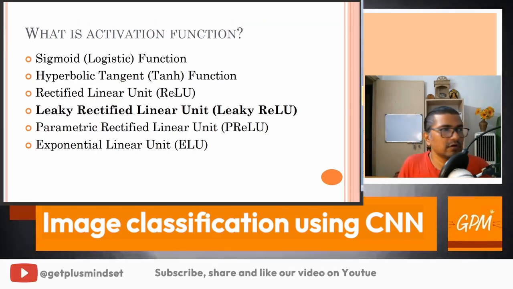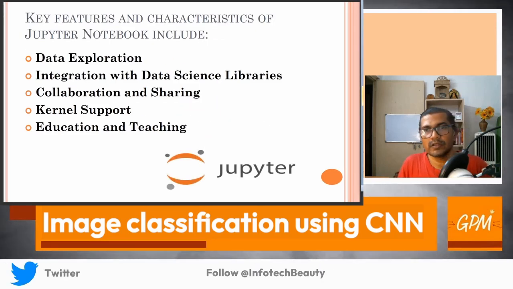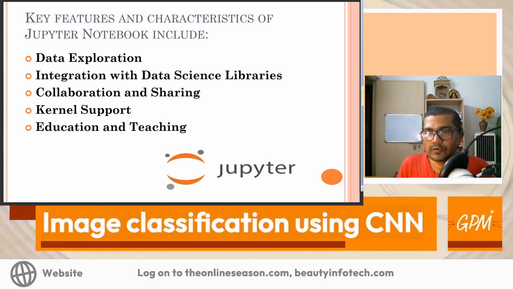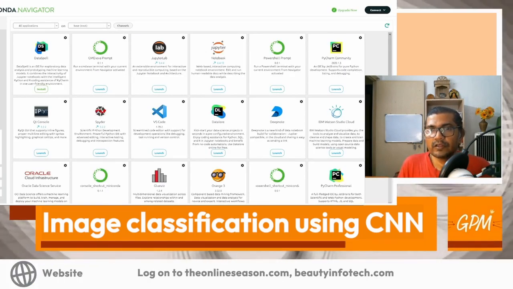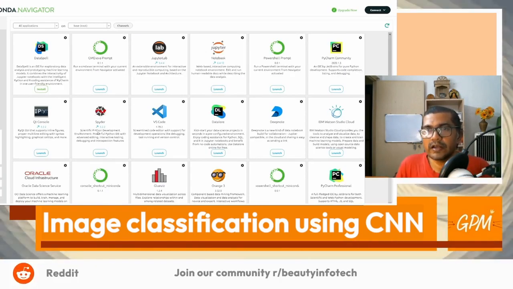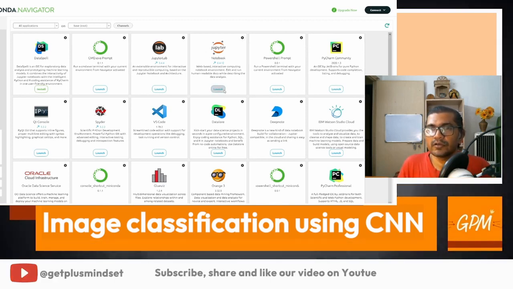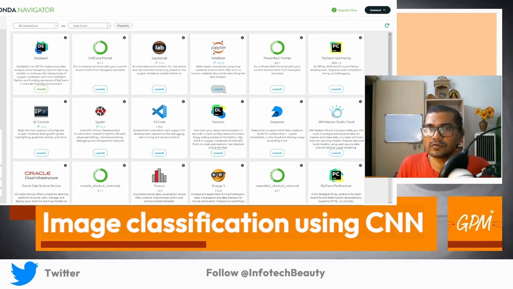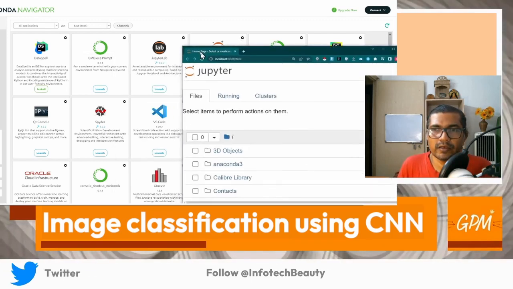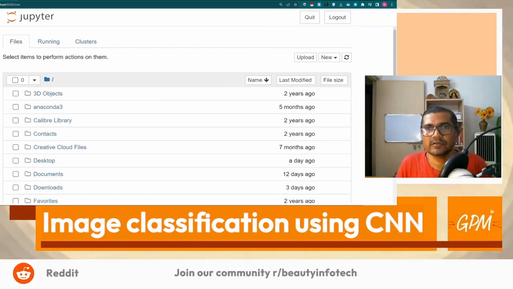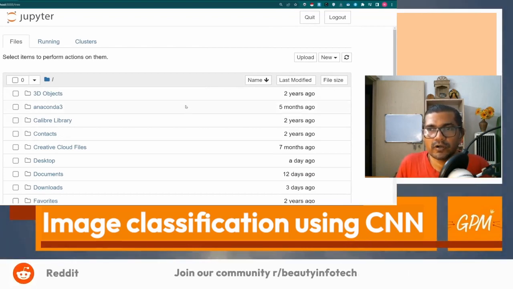So let's move to Jupyter Notebook installation and this process. Dear friend, when you install Anaconda, you get a link here, Jupyter Notebook. Just clicking the launch button, you can launch the Jupyter Notebook. It will open a page like this, localhost/3, and this URL you can see the folder of your